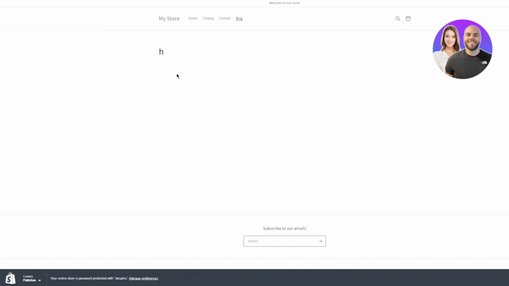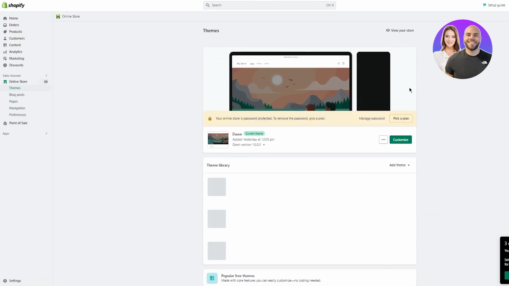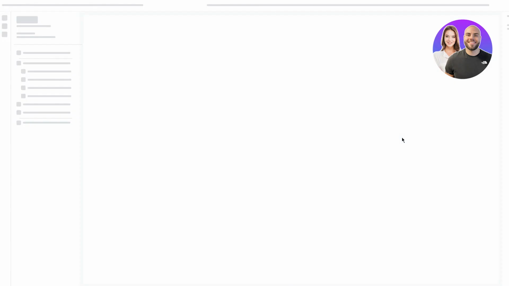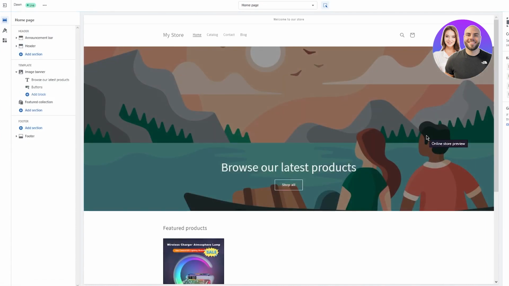So obviously, then you can go ahead and add more and more things using the main Shopify editor. Like, let's say you're going to come in online store, and here's your main theme. Now, to add more things, just go on customize. And once you go on customize, obviously it's gonna load you into the main Shopify editor. And once you're into the main Shopify editor, obviously over here, you can just switch the pages, and you can